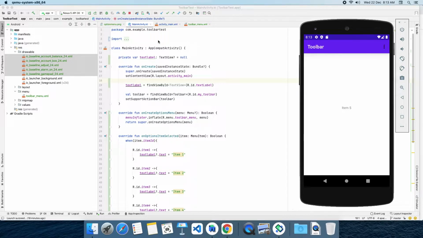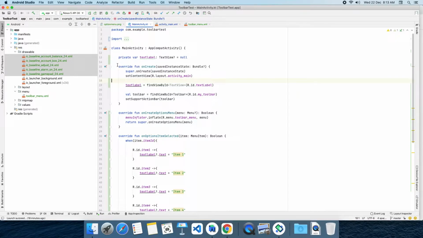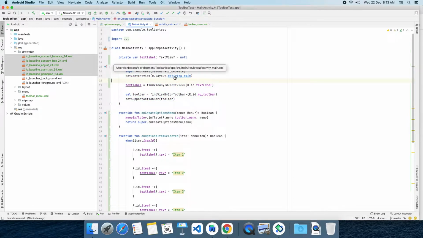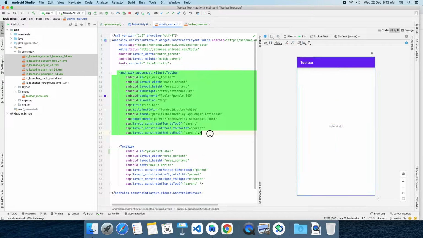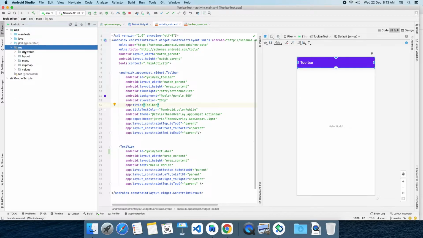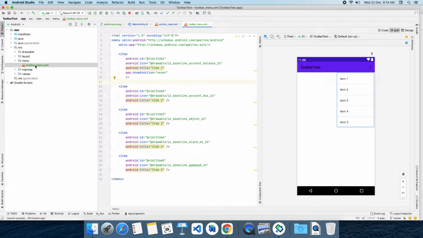Okay, go to our activity file. This is my activity. Inside my activity I have a toolbar attached to it. As I told you before, our menu is always attached to the toolbar. Now our toolbar is ready. Let's create one menu and add that menu into the toolbar. To create a menu, go to app, go to the resource folder, under which go to the menu folder. If you don't have a menu folder, create one, under which you create your menu items.